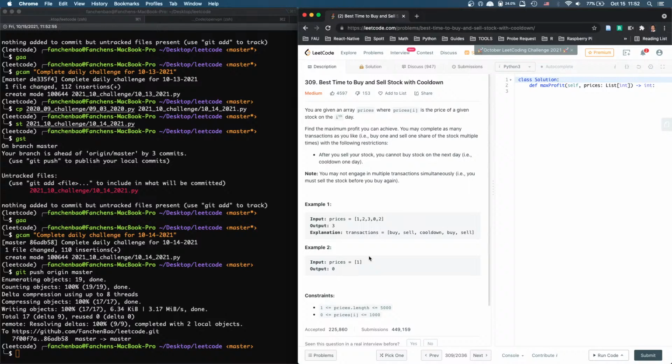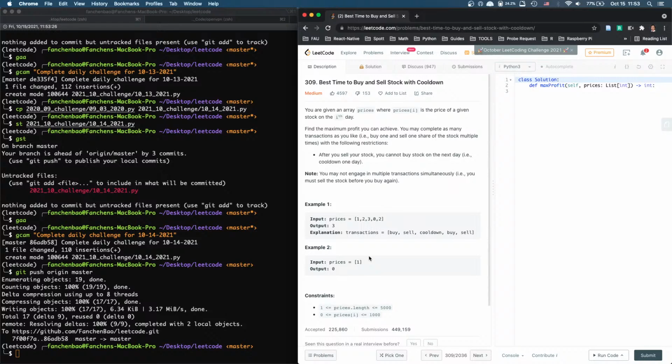So from a holding state to an empty state, we do a sell. And after you sell, you cannot buy. So when you go into the empty state, in order to go to a holding state, you need to